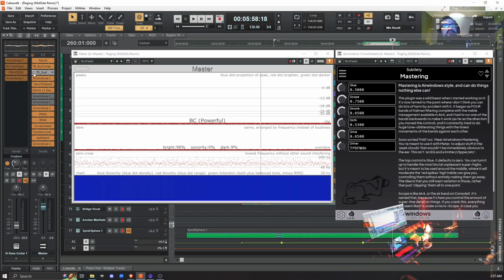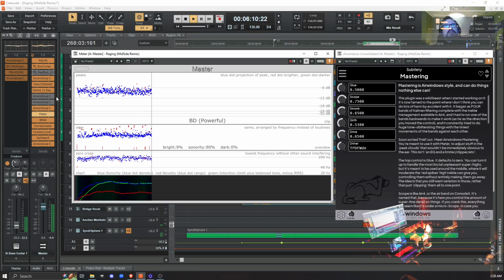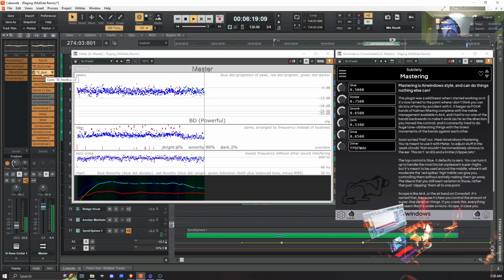First, I'm going to turn off Reelbus and play part of this solo section with all these off. And I'll leave meter on. Now, just with Reelbus